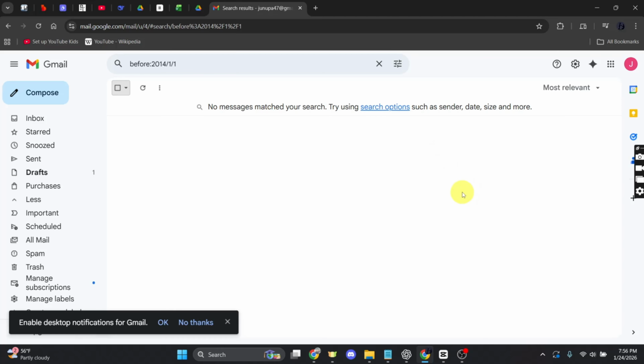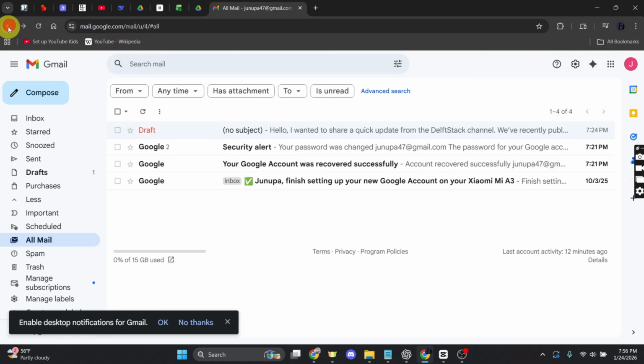The emails will be moved to trash. They will be permanently deleted after 30 days unless you empty the trash manually. And that's it. We just learned how to delete all emails before a specific date in Gmail using search operators